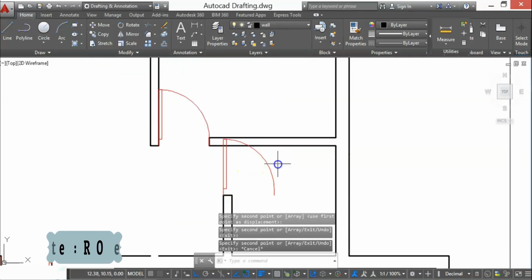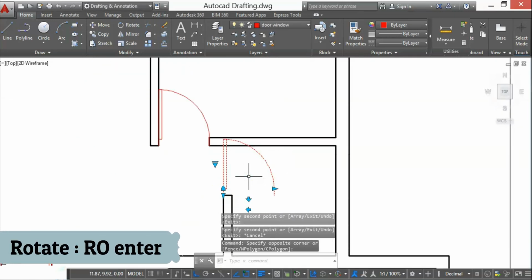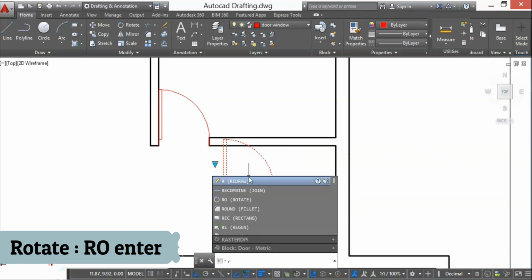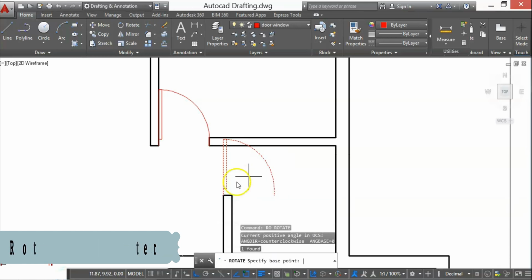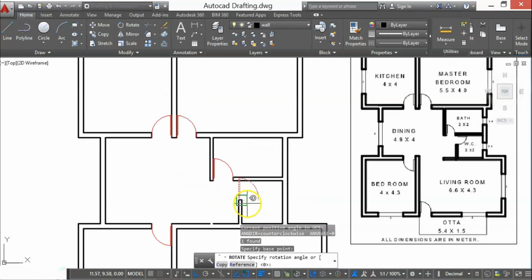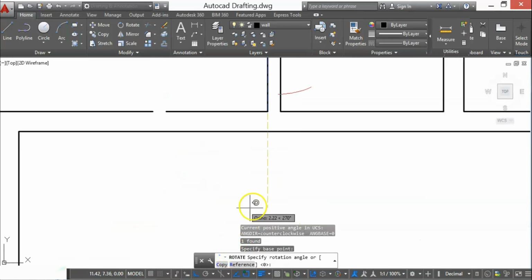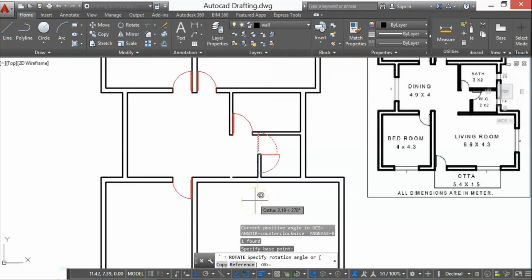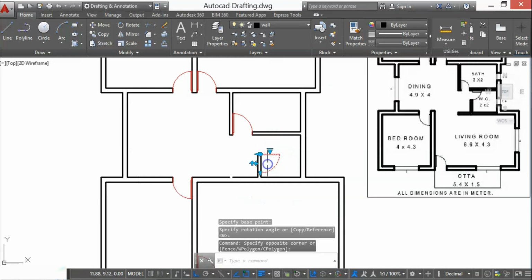Here I'll rotate this door. For that select the door, RO. RO is the command for rotate, enter. Click on the first point. In the downward direction you will get a rotation.